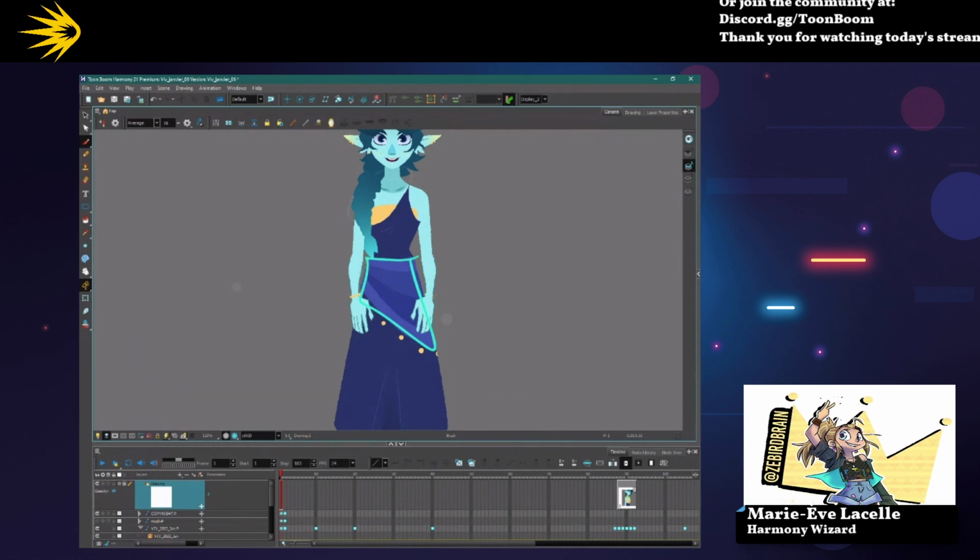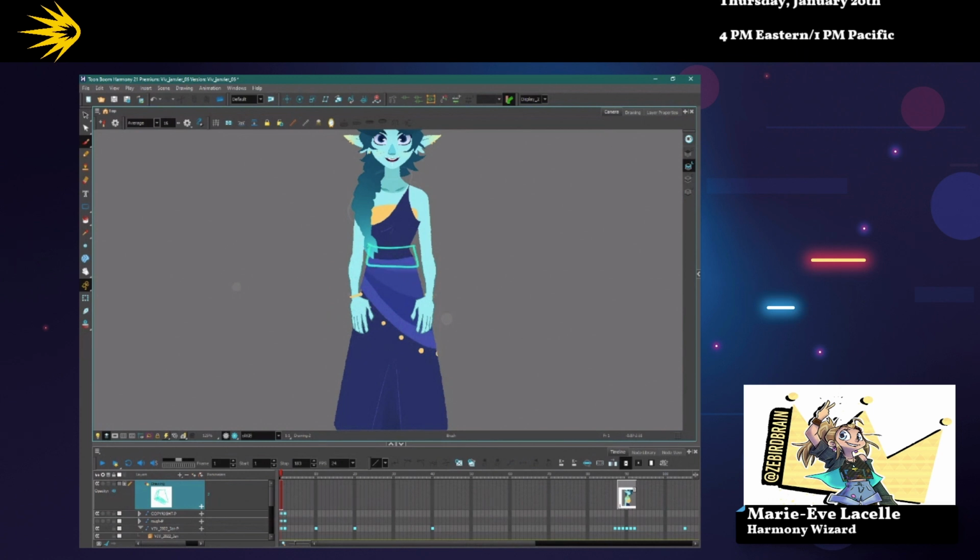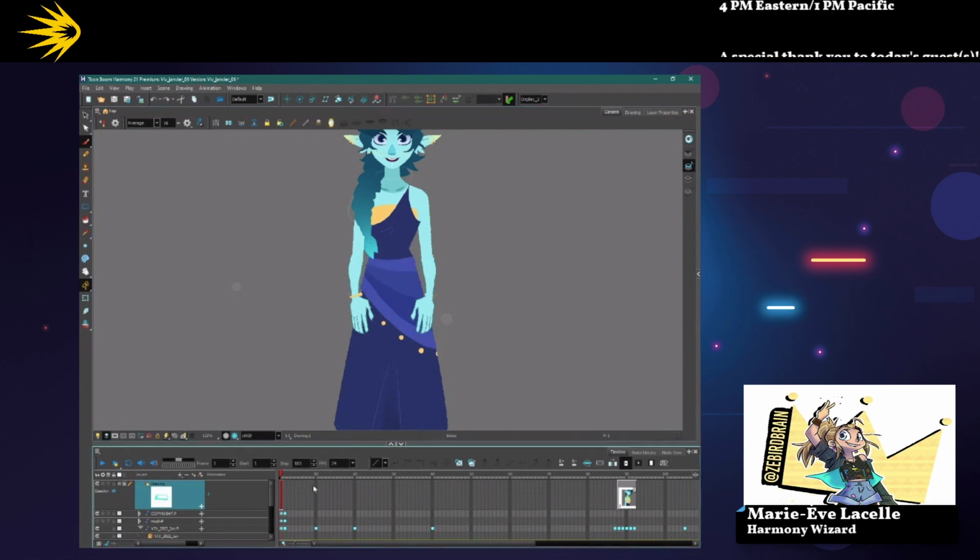So you could have this, and then you can make an extra piece to have the behind, which I think would work great sometimes with a belt or something that doesn't have that much definition. So if I had a little belt, that's probably what I would do. I would have a front piece of the belt, and then an extra piece behind that would be the under. But with that sash, it's different, because when your character turns to quarter or profile,